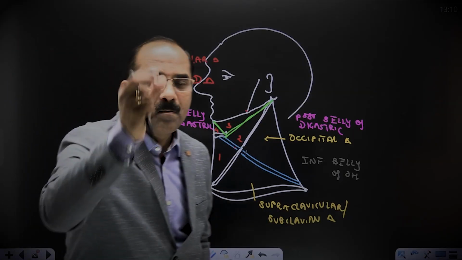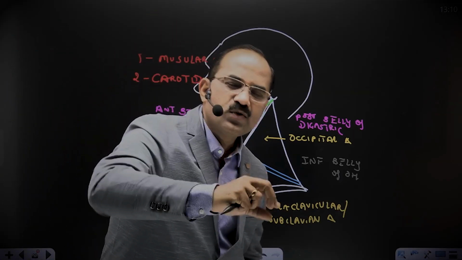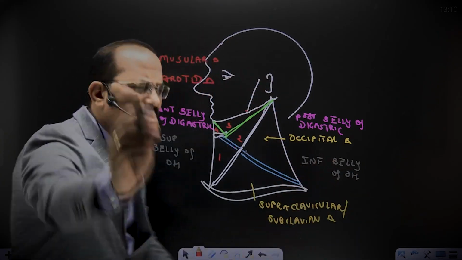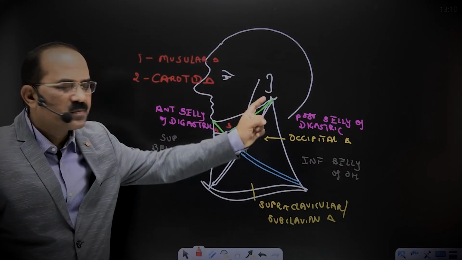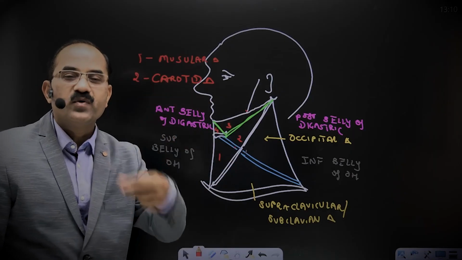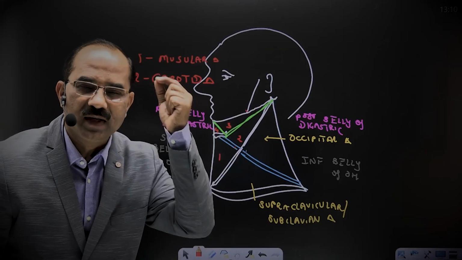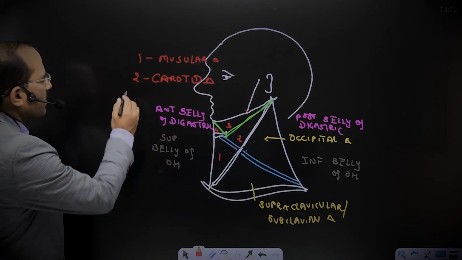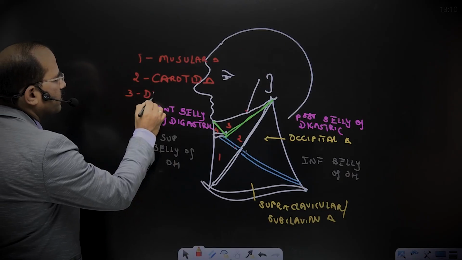That's the submandibular gland. And this triangle is therefore known as the submandibular triangle. The anterior belly and the posterior belly bound this triangle, so it is also known as the digastric triangle. Very important MCQ, students. Number 3, digastric